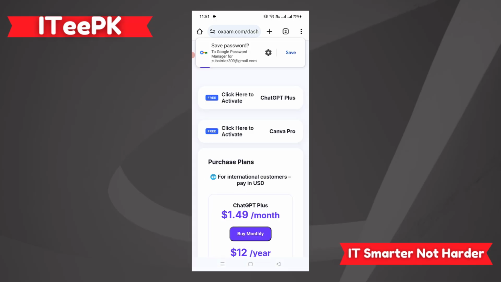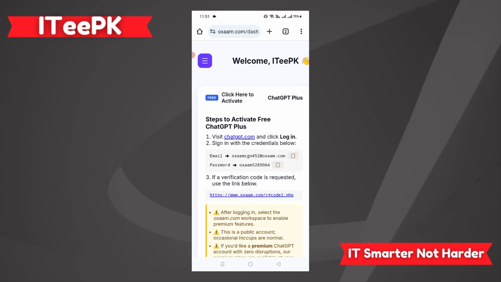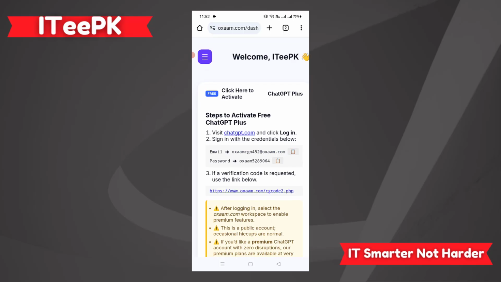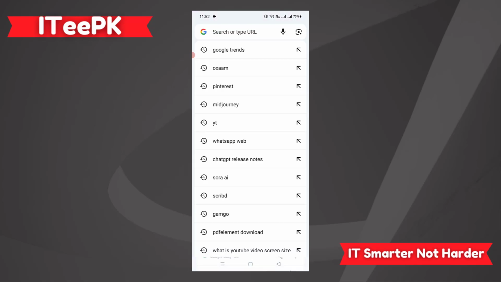Once I got registered here, I can see click here to activate ChatGPT Plus. When I click on this option, I got the details below. What I want, let's go ahead and open another tab. We don't want to interrupt the current tab. In this tab, let's go to